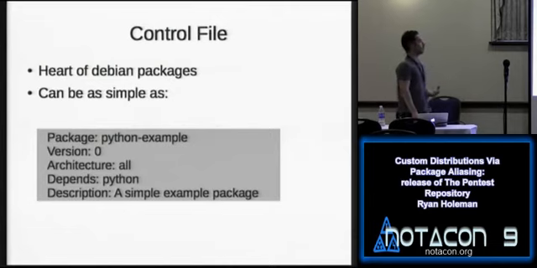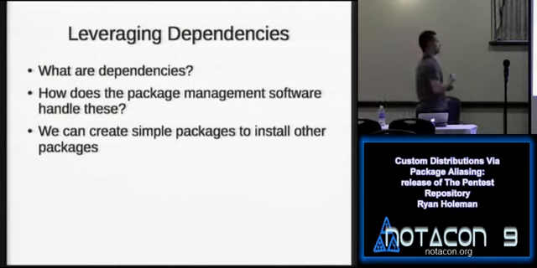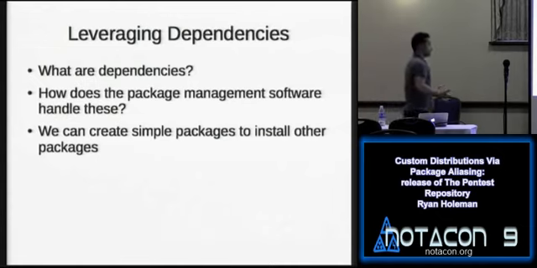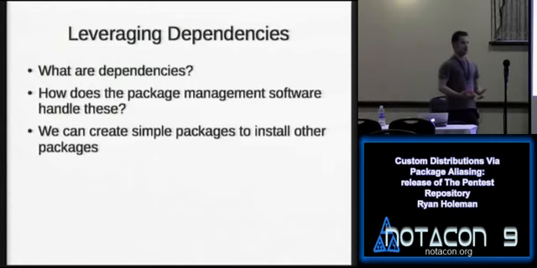Okay, so what are the dependencies that I mentioned in the last slide, right? For every package in a deb or an RPM, we have dependencies, and basically they explain what your package depends on in order to run. In the previous slide, I showed Python is my dependency. So when I install my package, it's going to install Python along with it, right? And our package management systems, apt and yum, actually handle this for us, so we don't need to worry about it later on. But if you think about it, we can actually use the dependencies to make a package